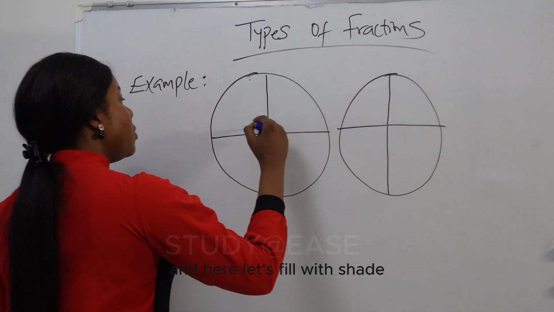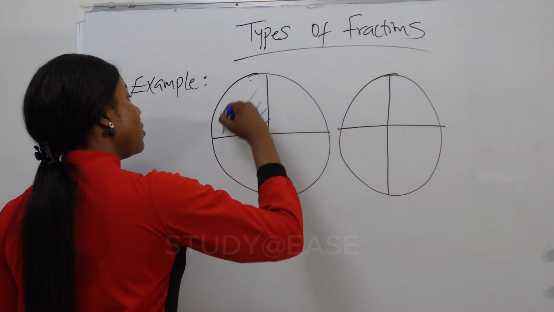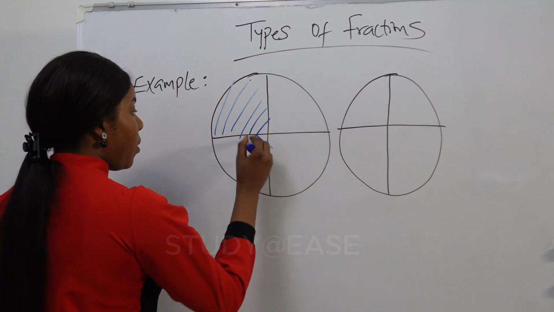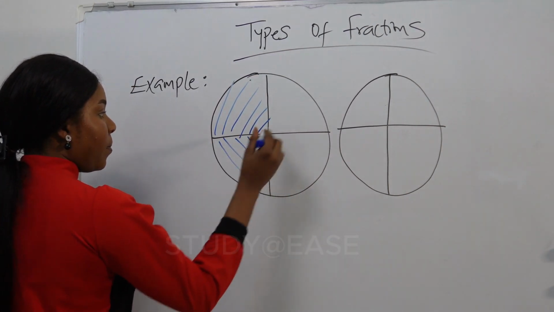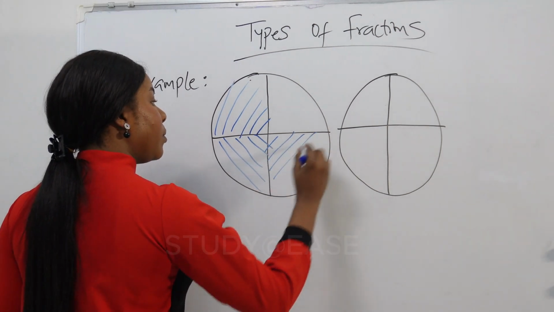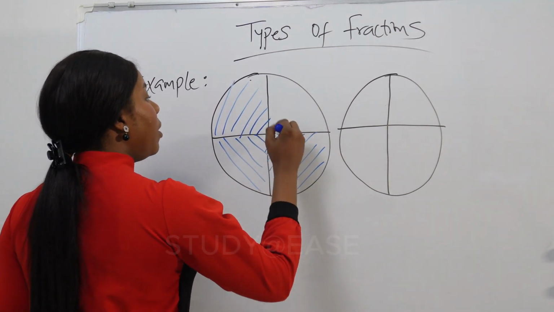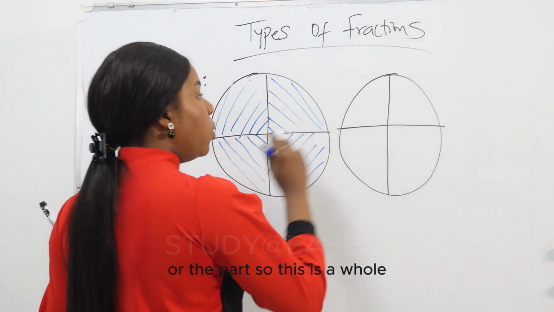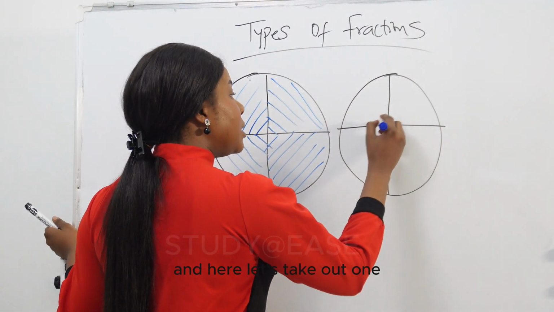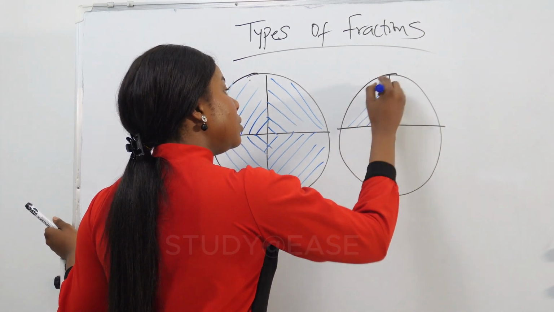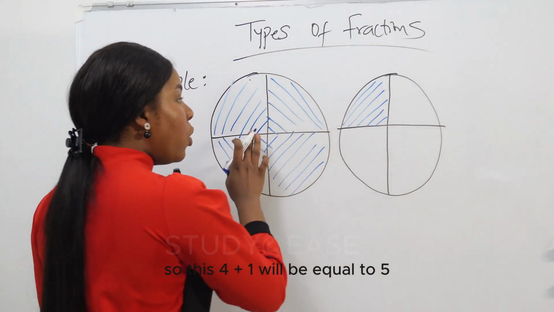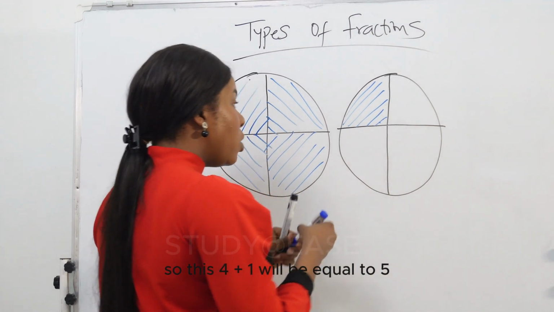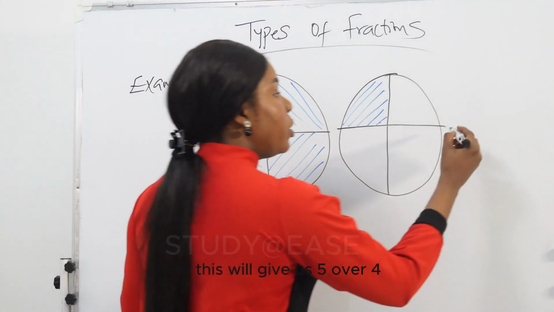And here, let's say we shade all the parts. So this is a whole. And here, let's take out 1. So this 4 plus 1 will be equal to 5. So this will give us